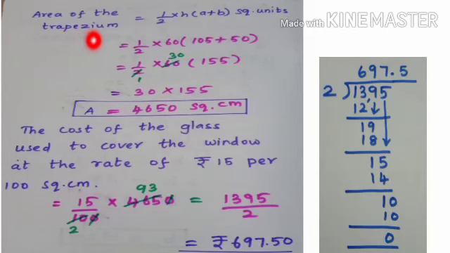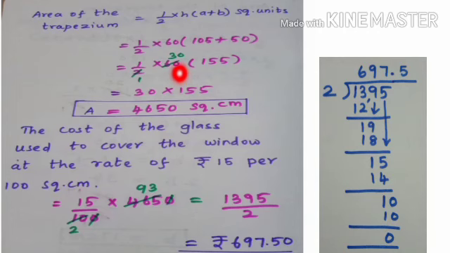Now, the area of the trapezium is 1 by 2 into h into (a plus b) square units. Now, we have to substitute all the given values. 1 by 2 into, what is the value of h? That is 60. And what is the value of a? 105. Plus, what is the value of b? That is 50. Now, by using the BODMAS rule, we have to add these two values first. We have to do the calculation within the bracket first. So, 1 by 2 into 60 into 105 plus 50 is